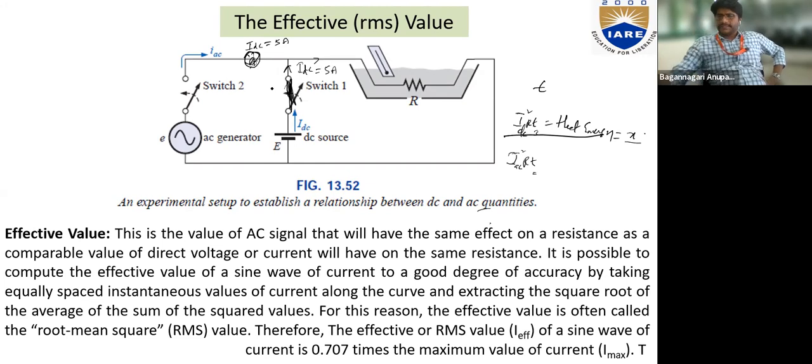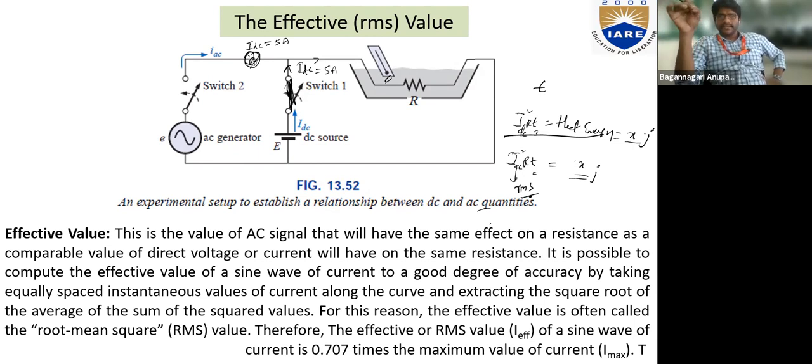Now we will see that the temperature measured by this measuring device gives the same heat of x joules. When this amount of current flows, it also produces the same x joules, where the magnitude of this current is something called the RMS value. Neither the average value nor the maximum value will give the same amount of heat. It's only the RMS value which will give the exact heat value that is produced by a DC quantity.